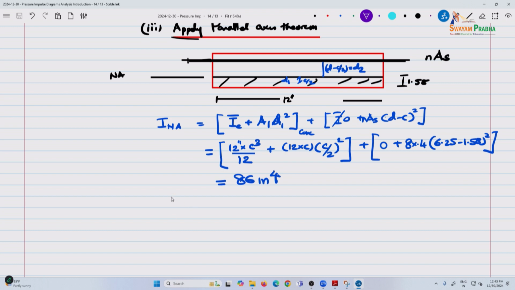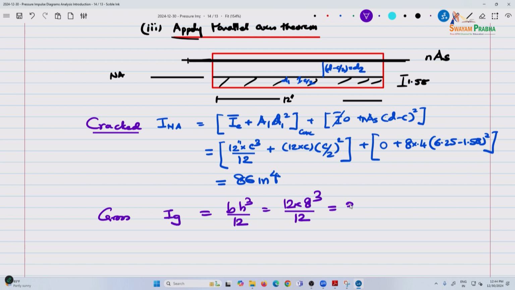Now, this is the cracked neutral axis moment of inertia. The gross I sub g is simply B H cubed by 12. So, this is 12 times the depth 8 cubed divided by 12. So, this is 512, and you can say the I effective. There are other methodologies. The I cracked has to be less than that. So it depends. If you take I effective to be now 300,